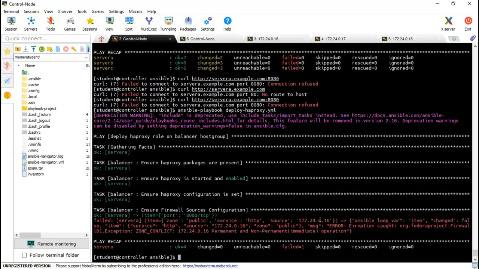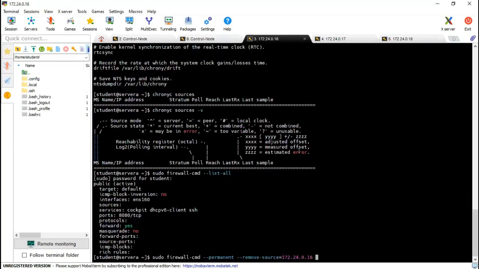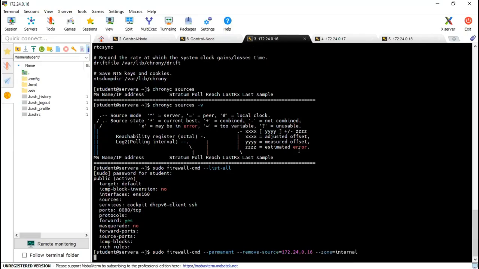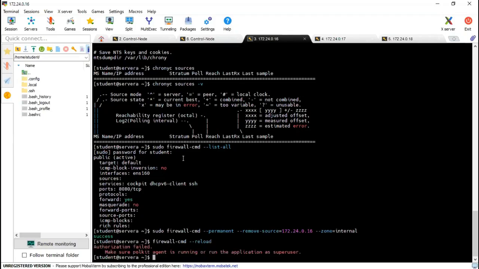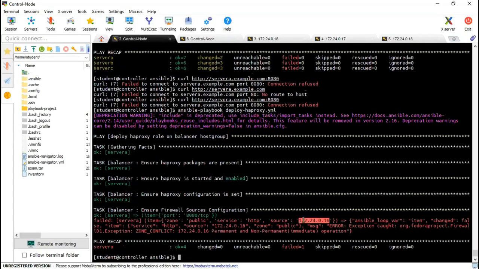I'll make this change in the solution as well. I think there is zone equal to internal. The error was it's saying that this source is already added in the internal, so it will not be able to add in the public zone.